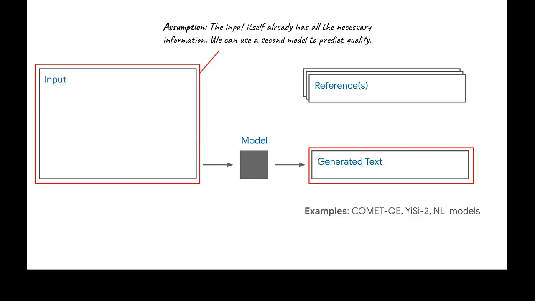This has become especially popular in machine translation, where we want to translate from one language to another. But even in natural language generation, we've seen an increase in popularity of metrics that are based on NLI models. So NLI, or natural language inference, simply measures whether one sentence is entailed by another. And if we run this, we can then measure whether our output is entailed by the input, which can maybe tell us a little bit more about the content rather than just the form.